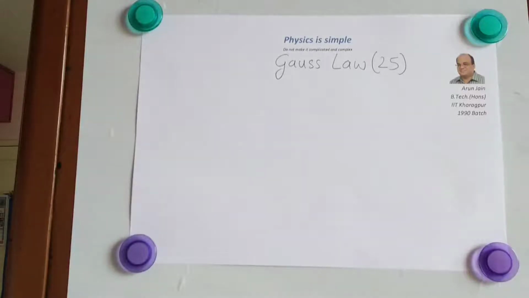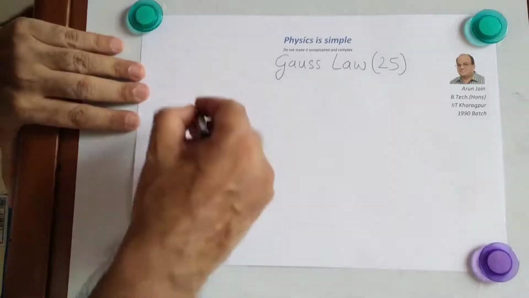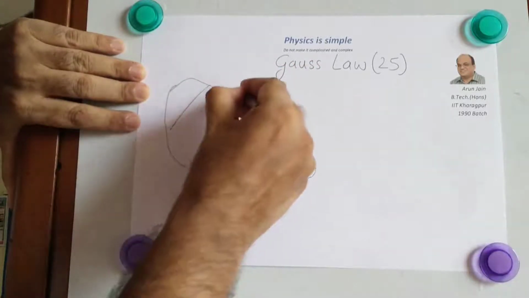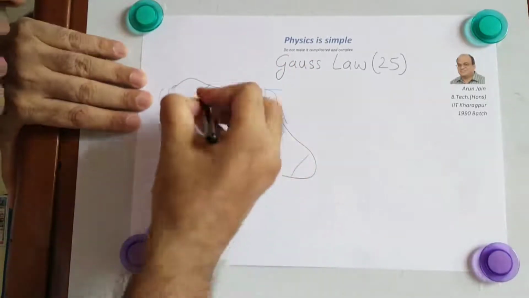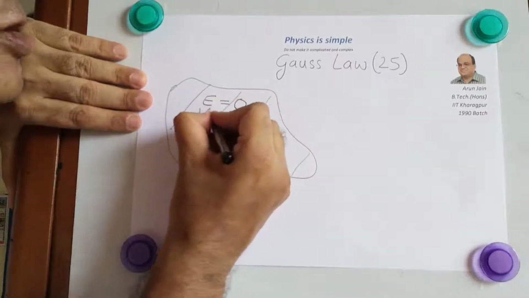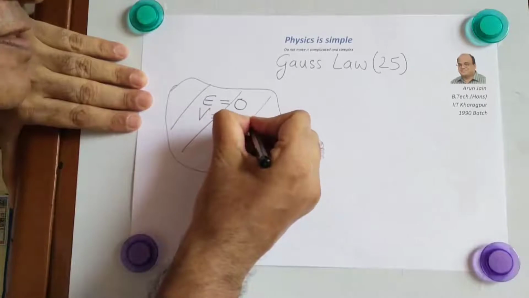In this lesson, we are just going to revise whatever we have learnt in Gauss law, maybe learn a few more important formulae and complete this chapter. The first important thing we have learnt: if a conductor is there, then electric field is zero at every point inside, potential is same at every point inside.